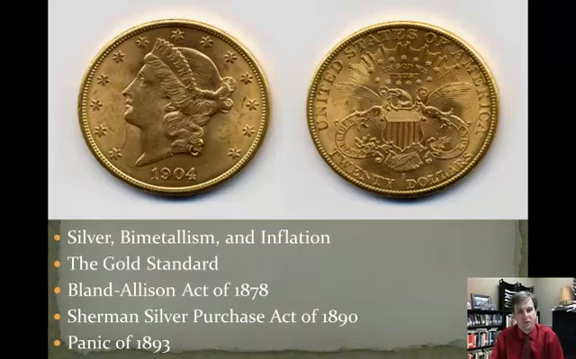Now, what about this issue of silver, bimetallism, and inflation? Well, the United States had operated after the Grant administration on something called the gold standard. In essence, all money was backed in gold, but nothing else. Well, beginning in the 1870s, there's a push to have silver also minted as coin for currency. And this is through the Bland-Allison Act of '78. And what this does is mandate that the government start minting silver coin, and that the government has so